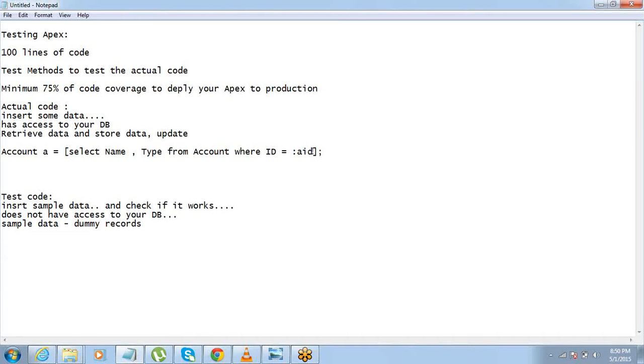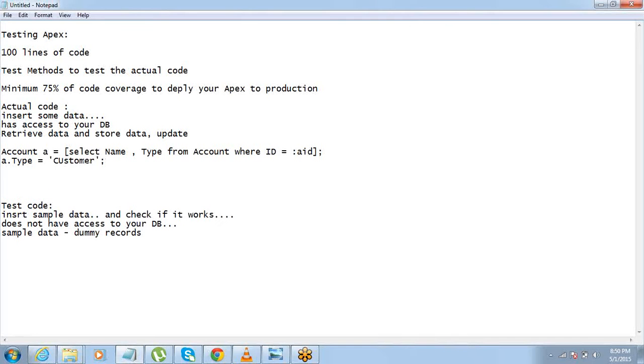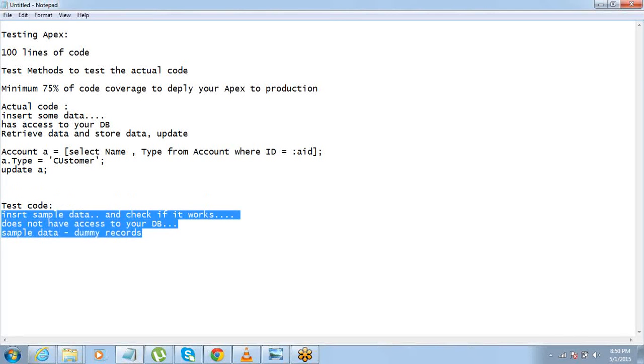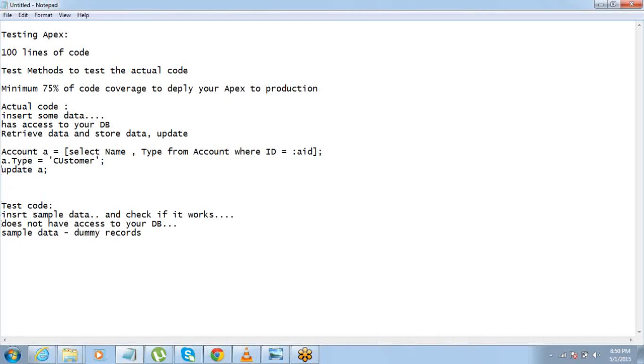Okay, so this is fetching this record from the database, right? And then I say a.Type equals, let's say, Customer, and then I say update a. Let's say this is my actual code, right? So while I'm testing this, I need to test whether update operation works fine on the account or not.